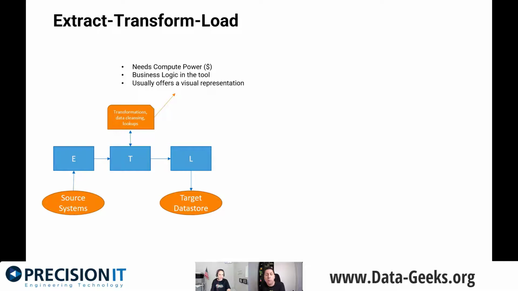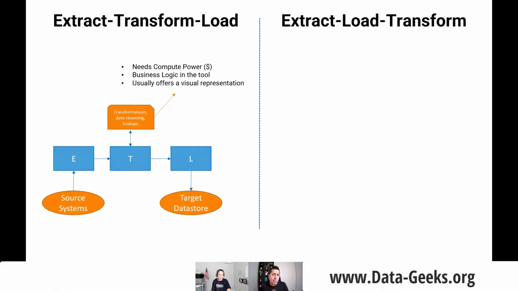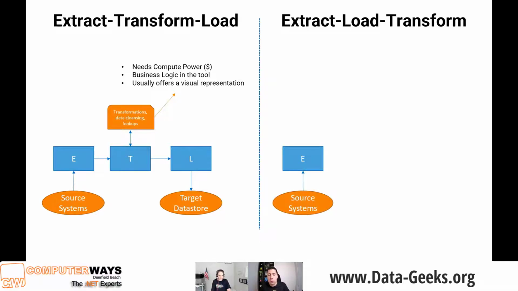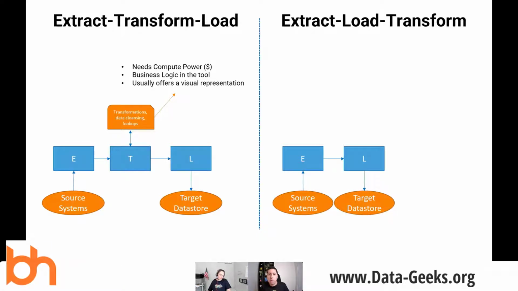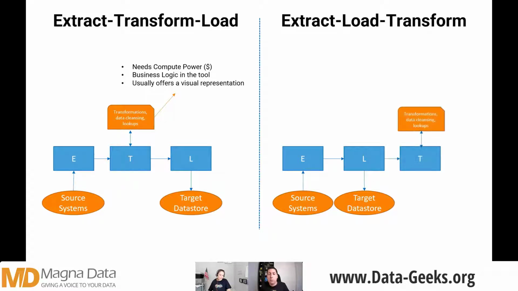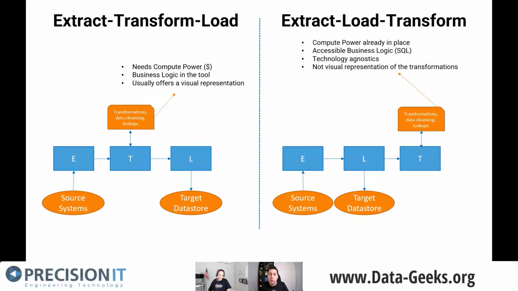The second one is a different design for moving information that takes advantage of big data analytics engines. That's the ELT process. You extract the information from the source systems, you load that information as it is in your data warehouse environment, and then you transform the information after you have loaded it there.